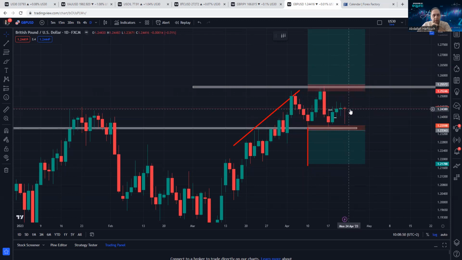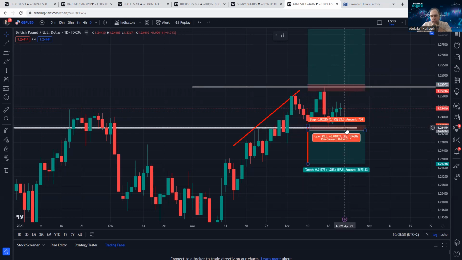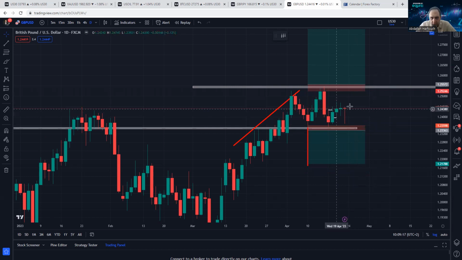So if tomorrow on Monday the candle pushes up all day and at the end of the day closes here, we cannot take the buy. If it starts to push down and closes here, we cannot take the sell. We need to wait for confirmation. Next day, if it opens, makes a wick up, and then pushes down, we go for the sell. Or if Monday went up and then Tuesday it opens, makes a wick down, and pushes up, then we take it. So we need to wait for confirmation for this trade. Basically, the two or three candles should be taken if they closed near resistance or near support.